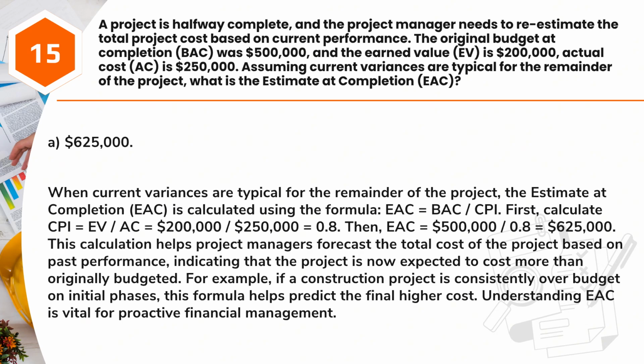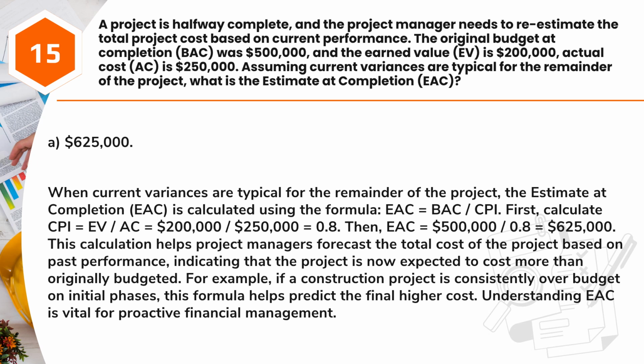Answer: A. $625,000. When current variances are typical for the remainder of the project, the estimate at completion, EAC, is calculated using the formula, EAC equals BAC/CPI. First, calculate CPI equals EV/AC equals $200,000/$250,000 equals 0.8. Then, EAC equals $500,000/0.8 equals